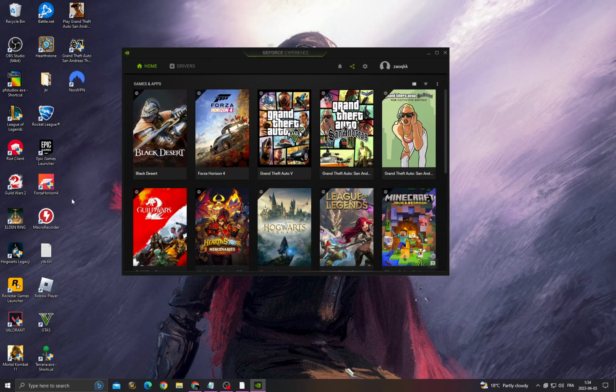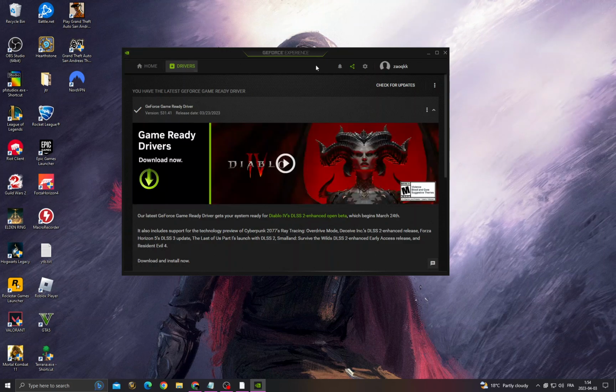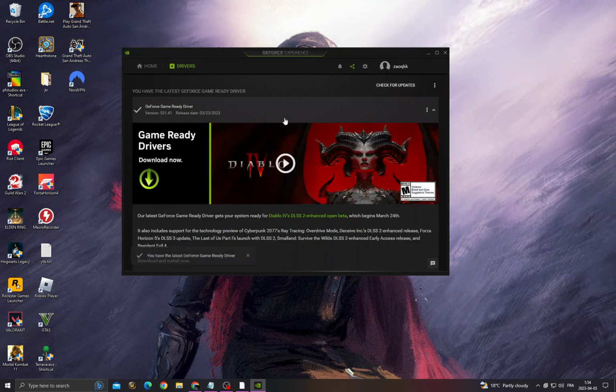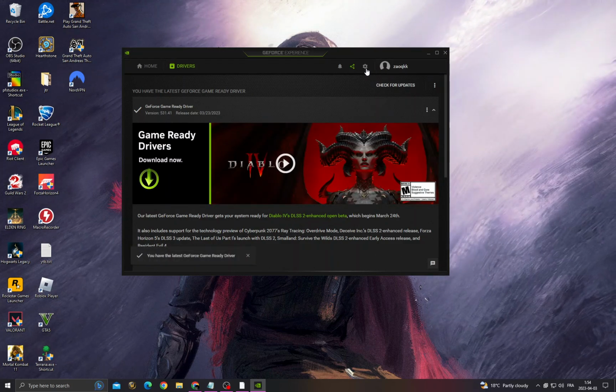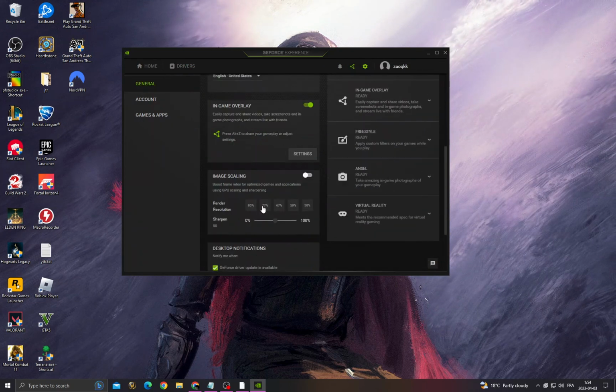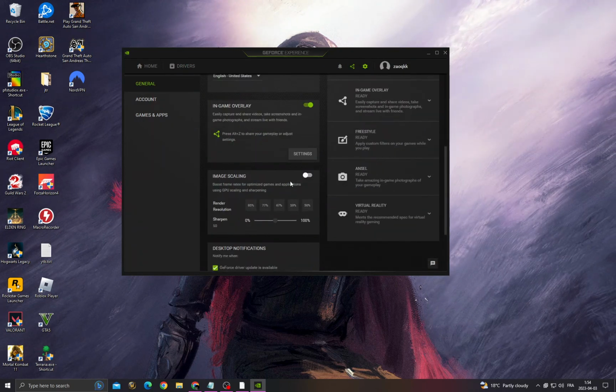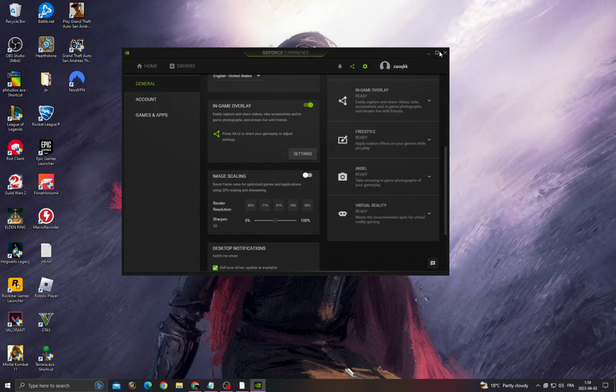After that go to GeForce Experience, drivers, check for updates and install the latest update for your graphics card. Go to settings, scroll down until you find image scaling, and then just enable it and your problem must be